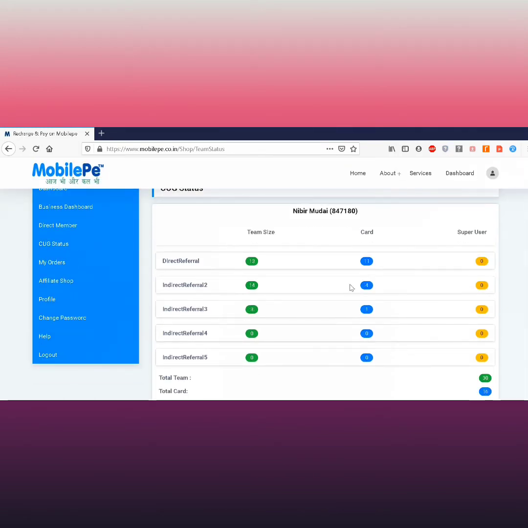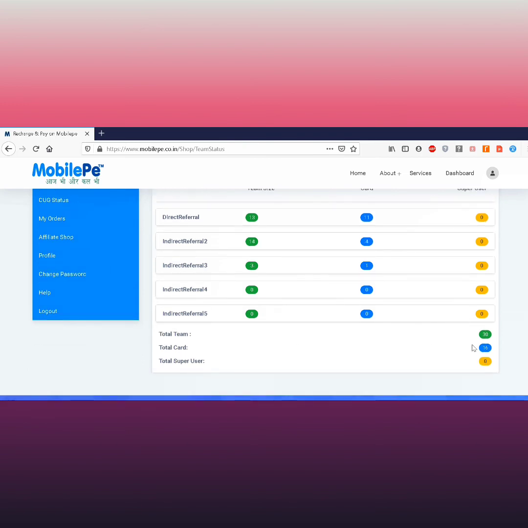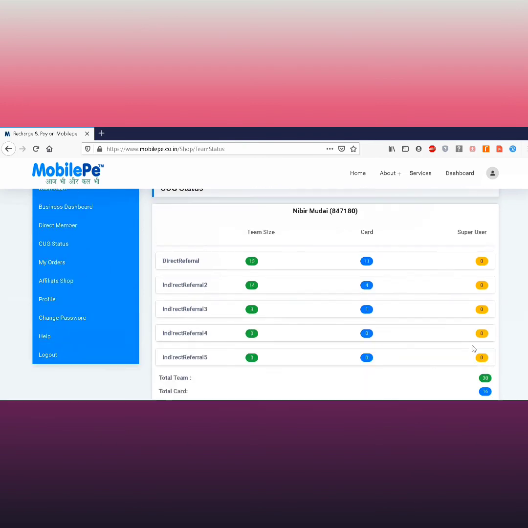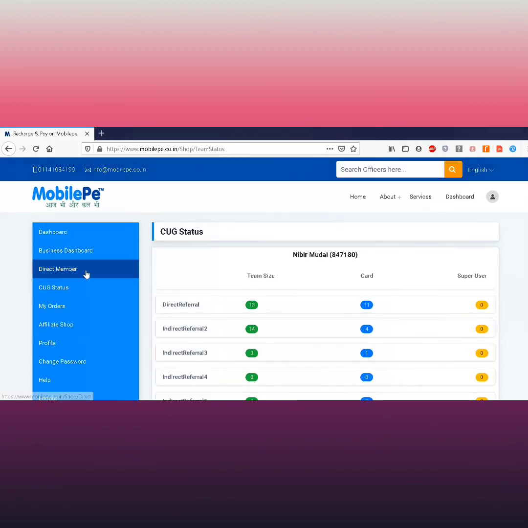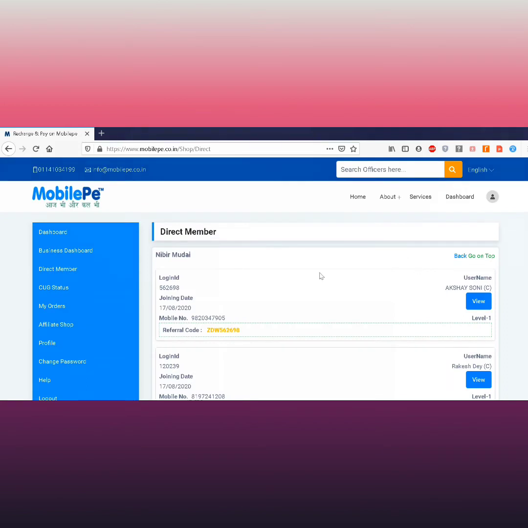It shows your direct referral team size, the number of team members who have applied for the card in your direct level, indirect level, and the total team size. Also, you can see the direct members here, date of joining, their mobile number, referral code, and here C means card applied.